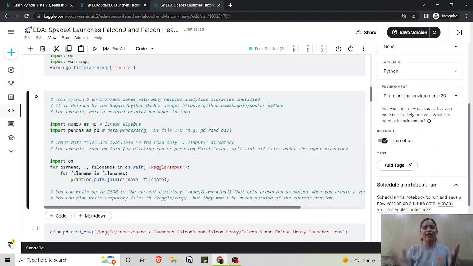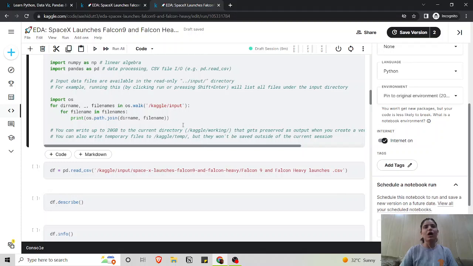Kaggle provides a few libraries that are already installed, like NumPy and Pandas, which you would know are linear algebra libraries as well as data processing libraries. Because we'll be working with data, we need some libraries to work with it, and we need Pandas for data processing.